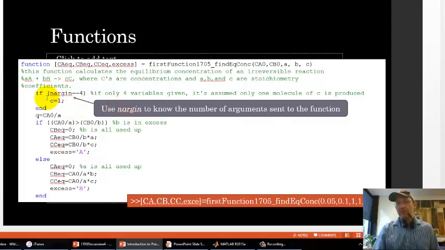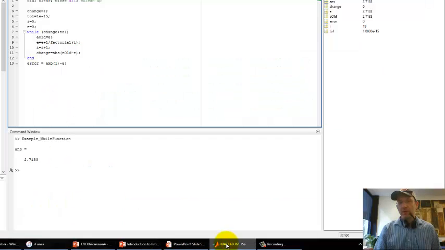So here's an example. You have access to this. It's on the Google Drive, but this is just a function that takes in initial concentrations of a reaction, and the stoichiometric coefficients, and spits out the equilibrium concentrations. It determines which one is in excess, A or B, and then does that. But because I'm doing this in a screencast, I'm not going to talk through a static example. I'll write one